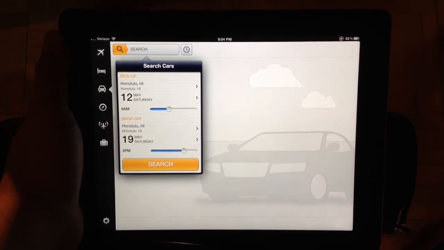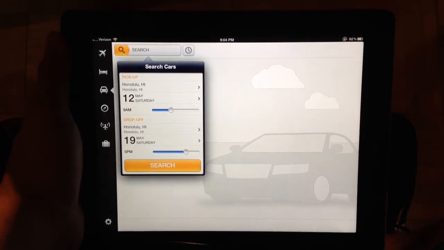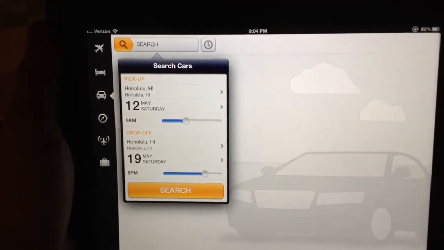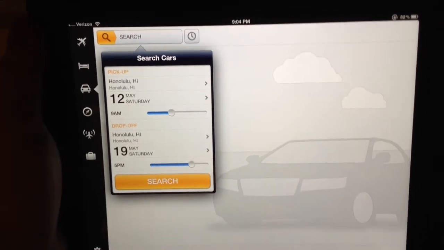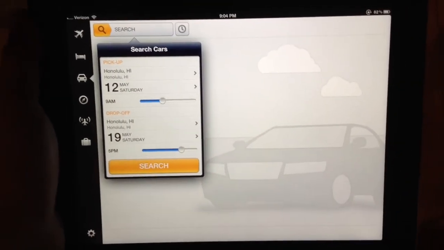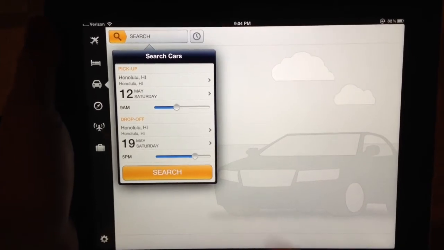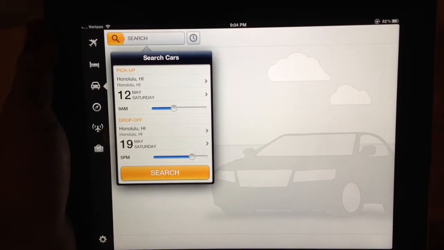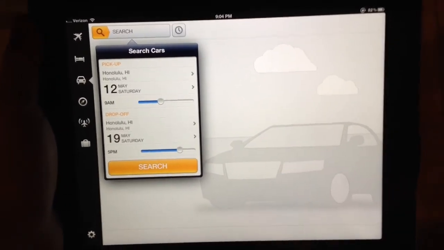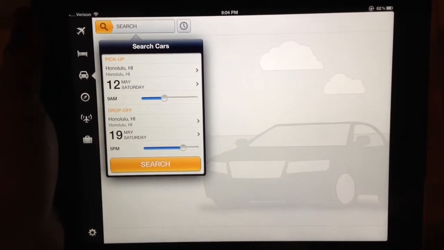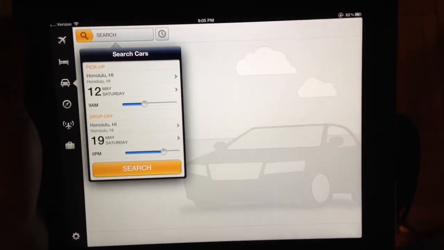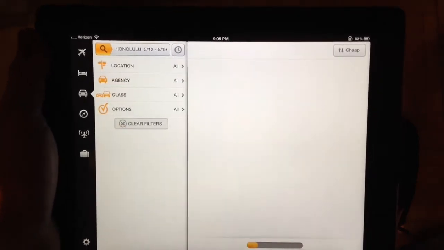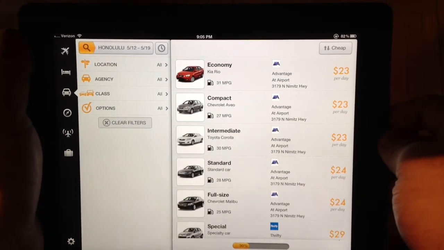All right, so on to cars. What you'll notice here is that the dates are already carried over. Actually, the pickup and drop-off destinations are already carried over as well. If we wanted, we can actually change those, let's say, to accommodate the situation I talked about earlier, where I'm going to arrive on one island and leave on another. So picking up in Honolulu, leave in another. In this case, it doesn't make much sense, right, because it's islands. But if you're in Europe and you're going to arrive in Italy and leave out of Britain, it might make a little more sense there. But you just hit search once you find the times, the pickup and drop off,